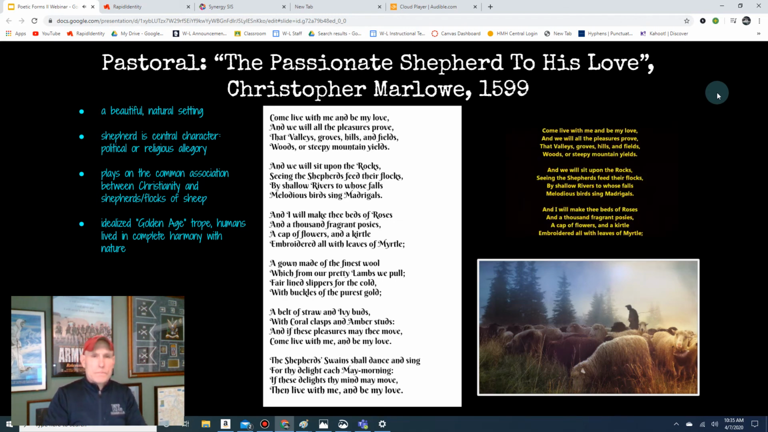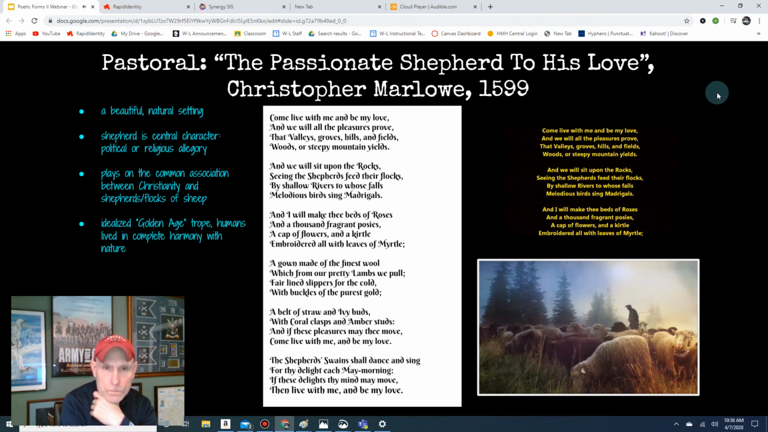Come live with me, and be my love, and we will all the pleasures prove that valleys, groves, hills and fields, woods or steepy mountain yields. And we will sit upon the rocks, seeing the shepherds feed their flocks by shallow rivers, to whose falls melodious birds sing madrigals. And I will make thee beds of roses, and a thousand fragrant posies, a cap of flowers, and